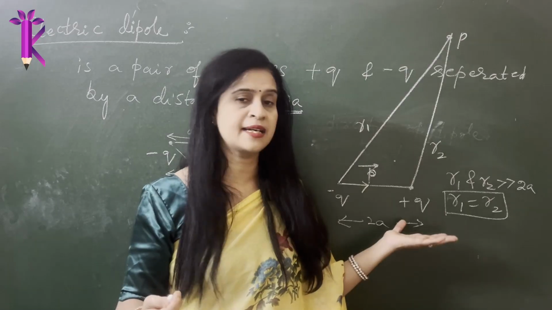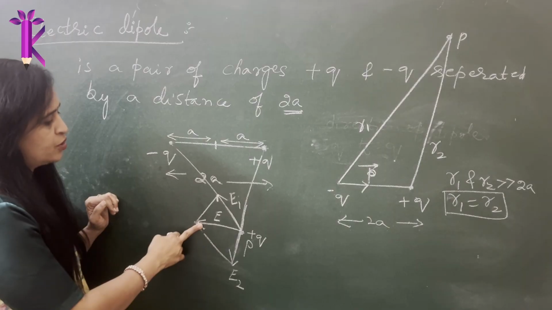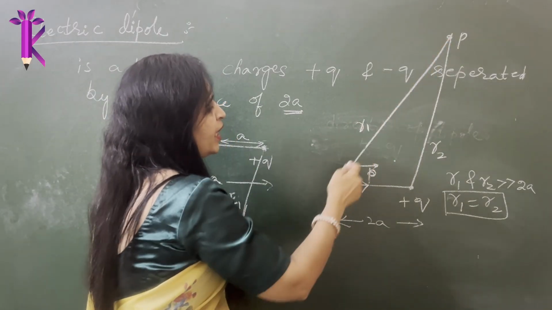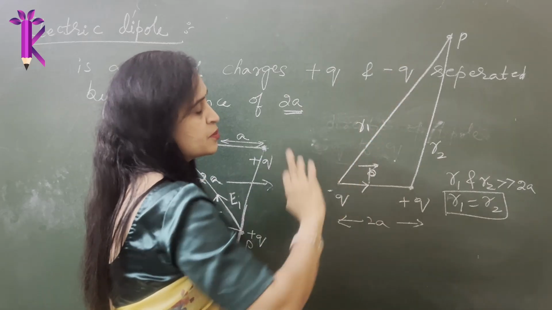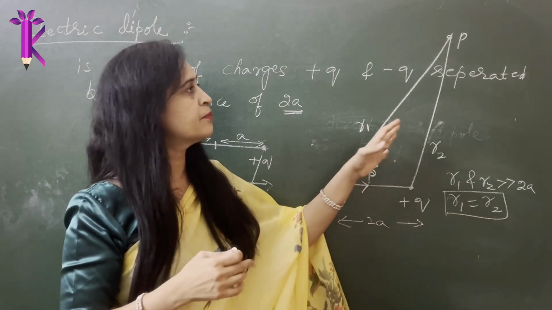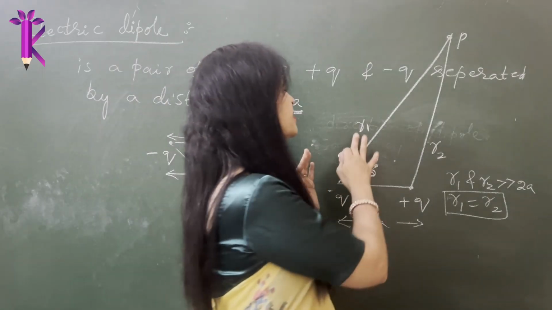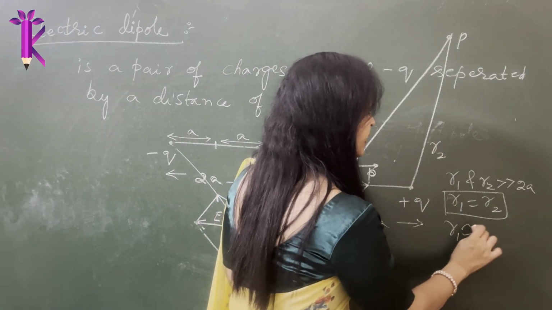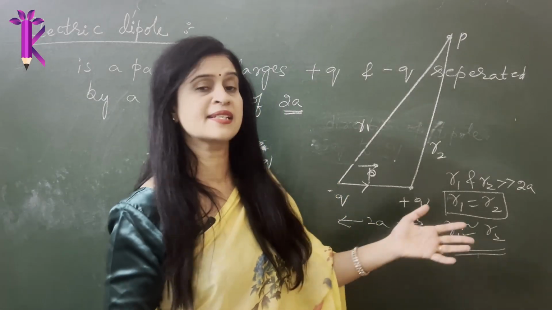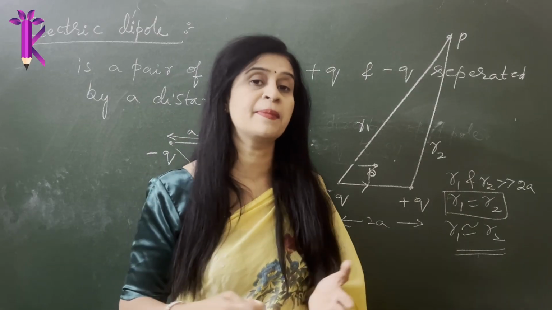So will the value of the electric field due to a dipole be zero? Here also you saw that the electric field due to a dipole has a certain value. Only when will this be zero at this point? No. The electric field due to a dipole at this point will not be zero. It will have some value. R1 and R2 would not exactly cancel each other. There could be a bare minimum value because certainly R1 is approximately equal to R2. It is not exactly equal. We assume it to be equal. Even in such cases, it will have some minimal value. So therefore the electric field due to a dipole will never be 0.